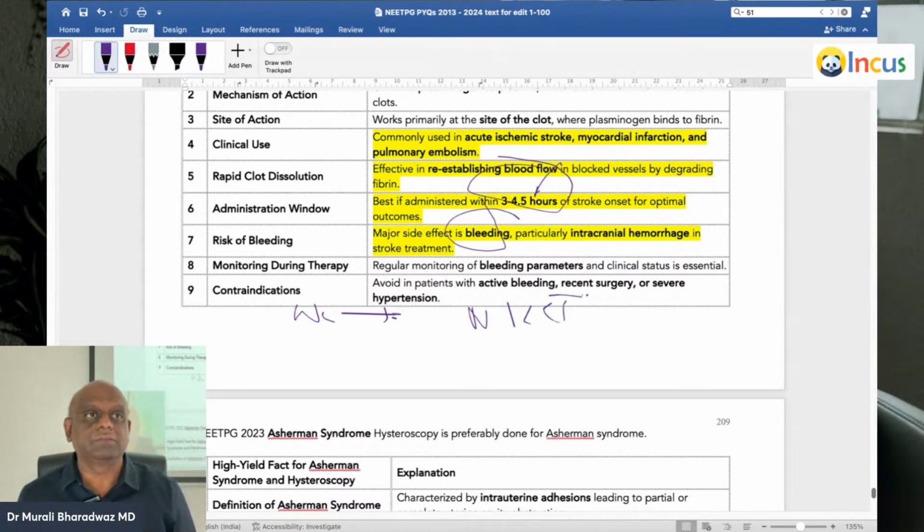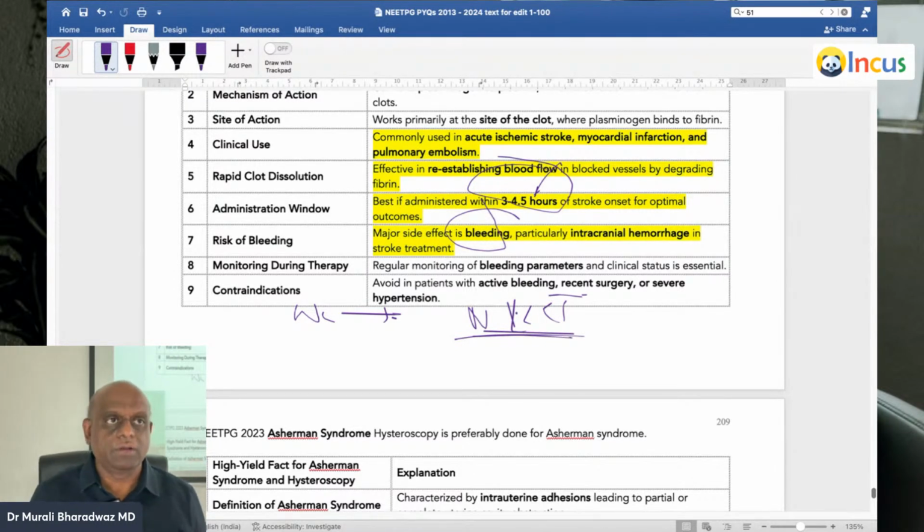non-contrast CT. You know, right? If you do non-contrast, why do you do it? Hemorrhagic bleed or ischemic bleed? Ischemic stroke. Only if it is ischemic stroke, you will give